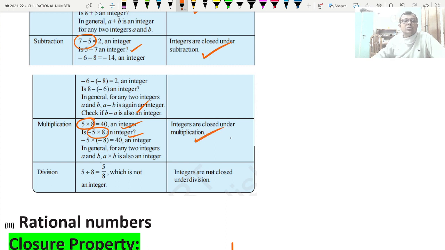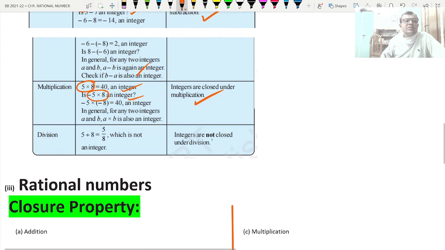So integers are closed under multiplication. Now division. If you divide two integers, the answer may not be an integer. So integers are not closed under division. Here one thing you should note is